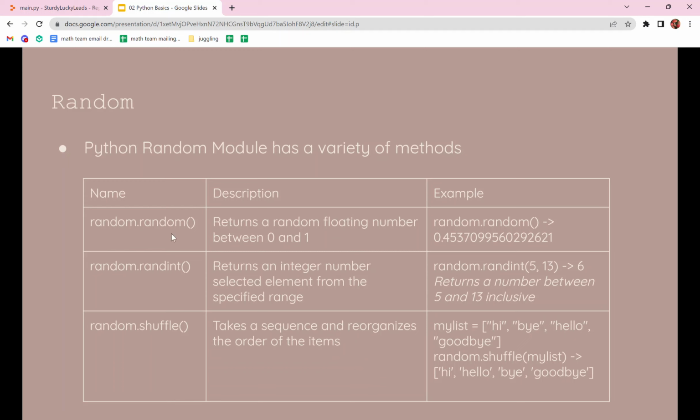First we have random.random. This is kind of the basic random function. And an interesting thing is, it returns a random floating number between 0 and 1. So what this means is that you're only ever going to get a number between 0 and 1. So what if I wanted to generate a number between 0 and 10? What I would have to do is I would say